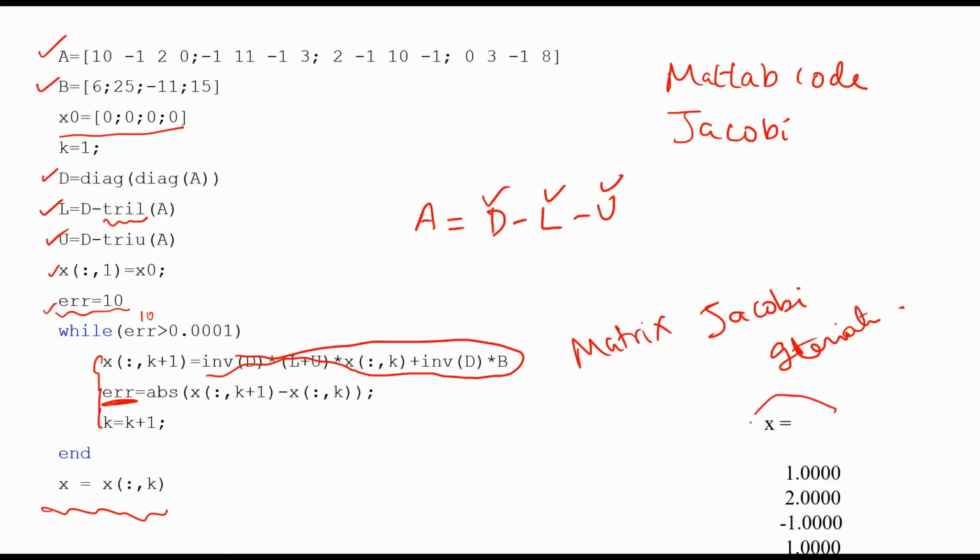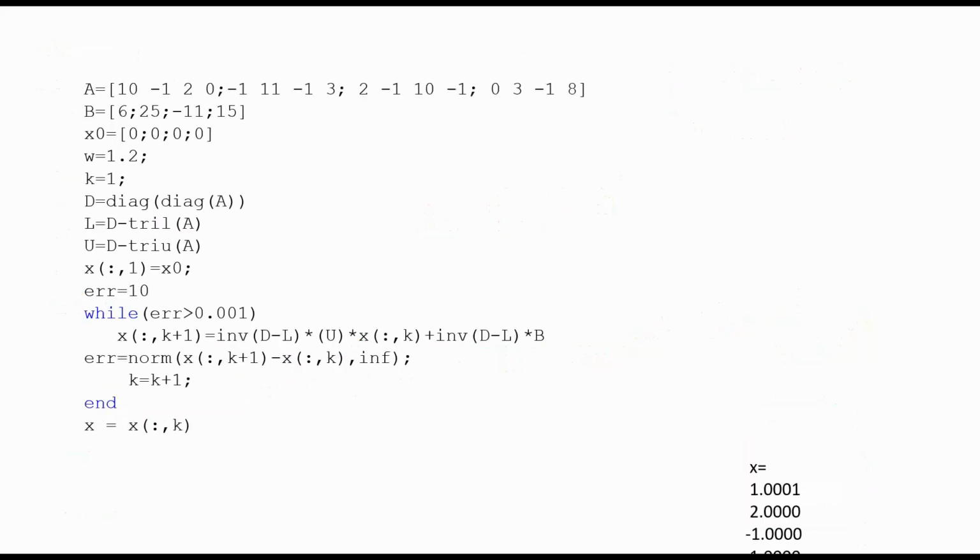Now I have done the same programming for the Gauss-Seidel method, and the main difference is over here only. Other things are the same as the Jacobi method, and you can see that I have reduced the tolerance also, but I got the accuracy in very small time.